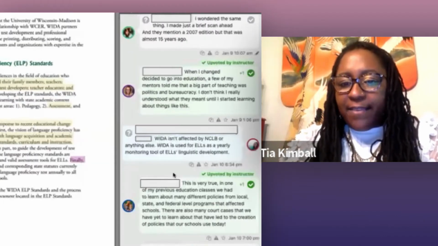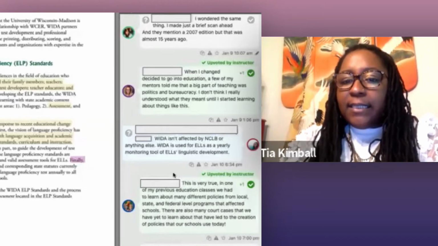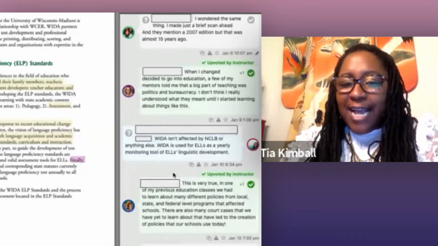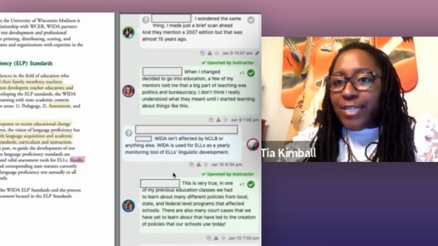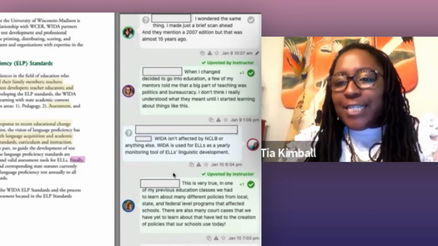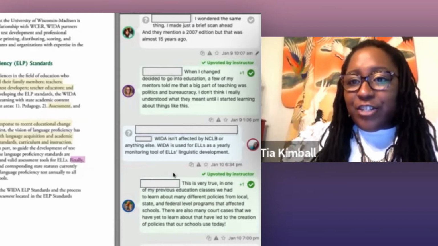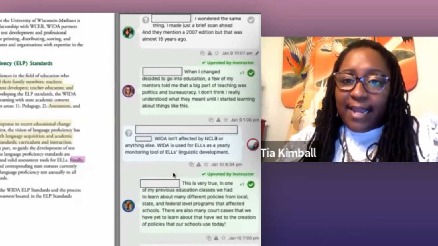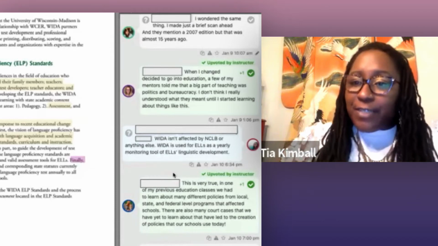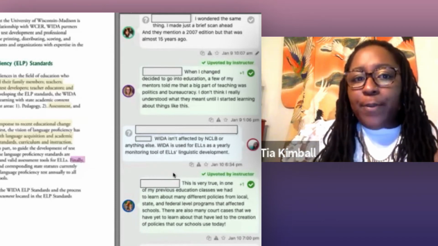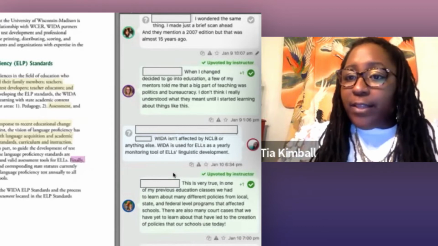Like I said, students making the connections, this last comment, this is very true. In one of my previous education classes, we had to learn about many different policies from local, state, and federal level programs that affected schools. There are also many court cases that we have yet to learn about that have led to the creation of policies that our schools use today. So I wanted to include that comment that the student made, showing how exactly they make connections to previous classes, to their field experiences, and really helping to deepen their understanding of what they're reading now and that